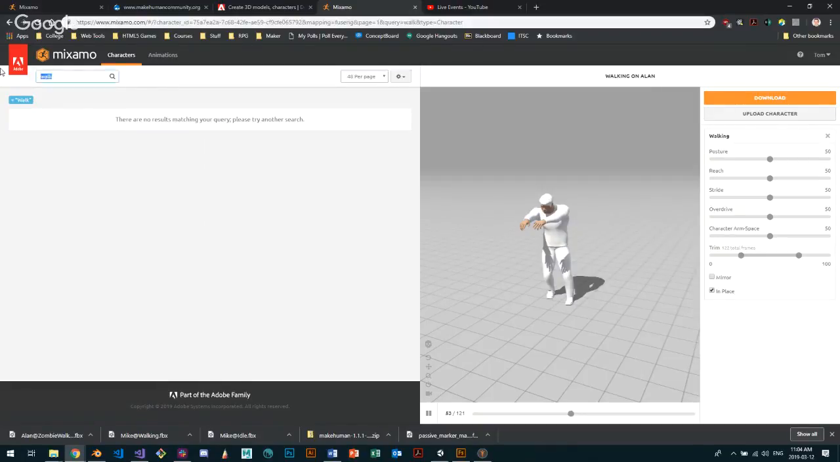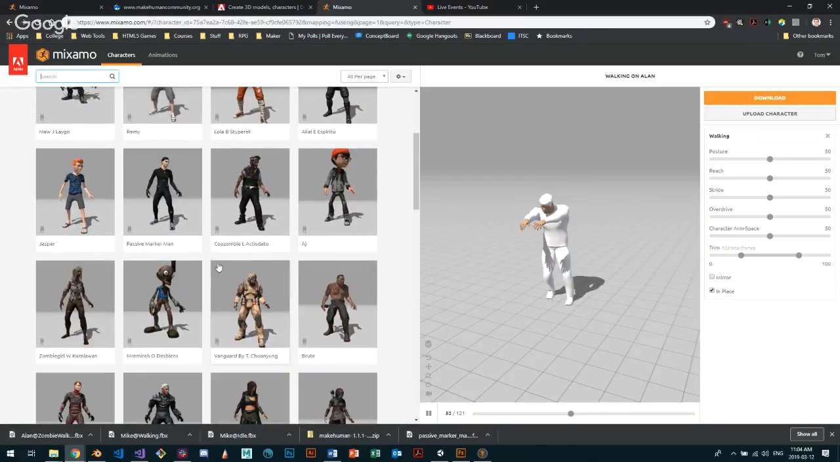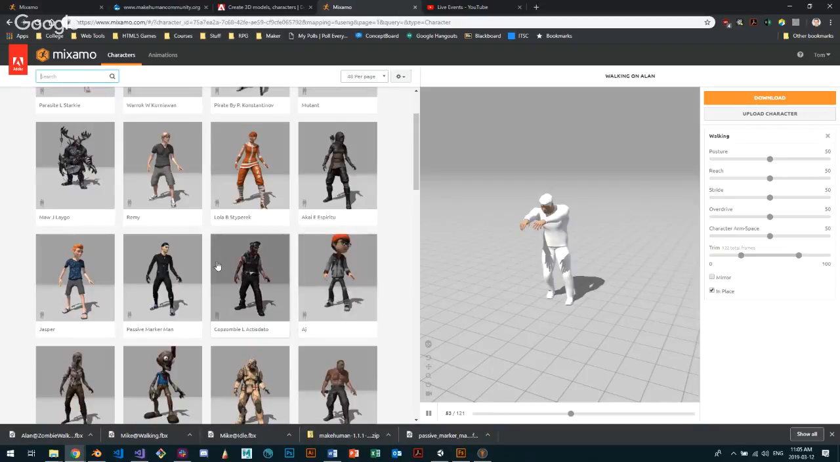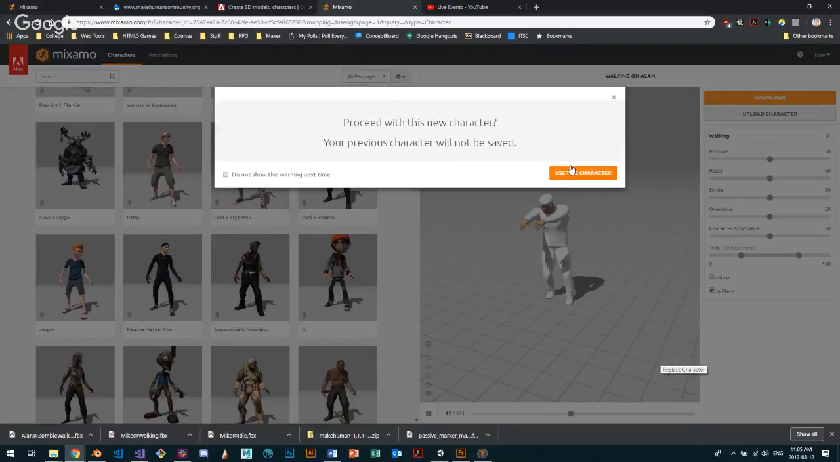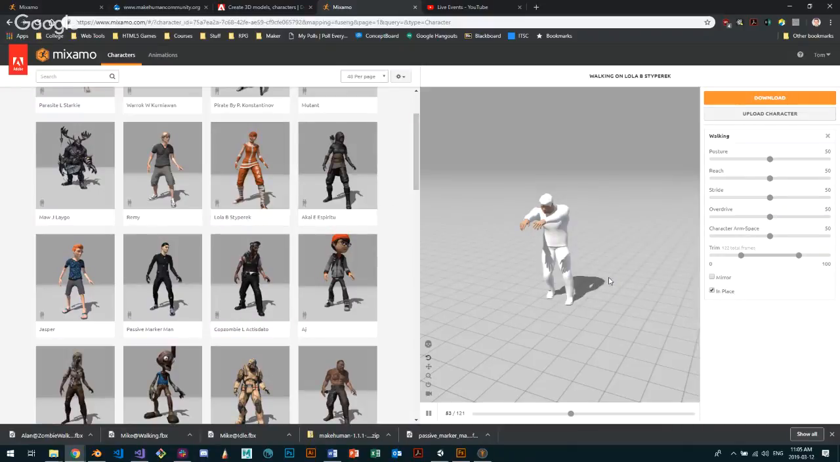Let's get rid of walk. And you can see that there's basic characters you can choose from. Like, for example, let's get Lola here. And I want to get rid of my model. And if I click a character, whatever character I include has been pre-rigged,